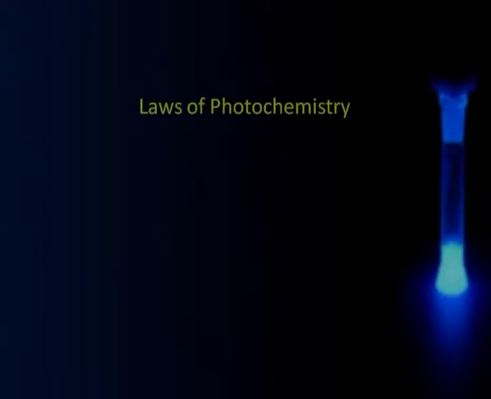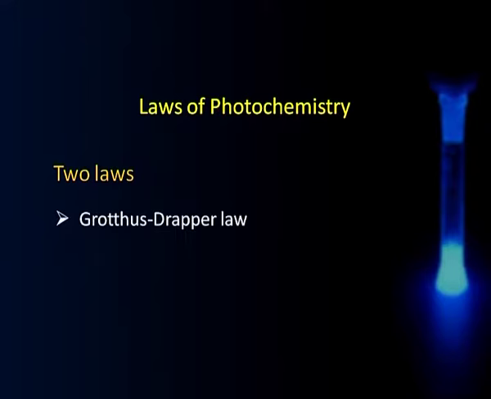Okay. Now, I am sure that by now we know what we understand by photochemistry and what its significance is, and we have been able to differentiate between photochemical and thermochemical reactions in a wide variety of ways. Having done that, let us move further. We mentioned initially that the laws of photochemistry are very important. Let us touch upon these laws. Broadly speaking, there are two fundamental laws. The first is the Grotthuss-Draper law, and the second is the Stark-Einstein law. They are very, very crucial laws.